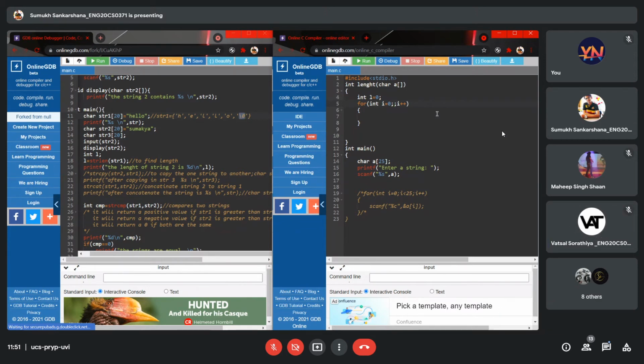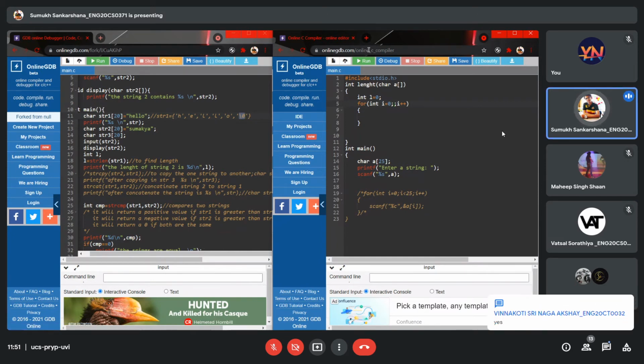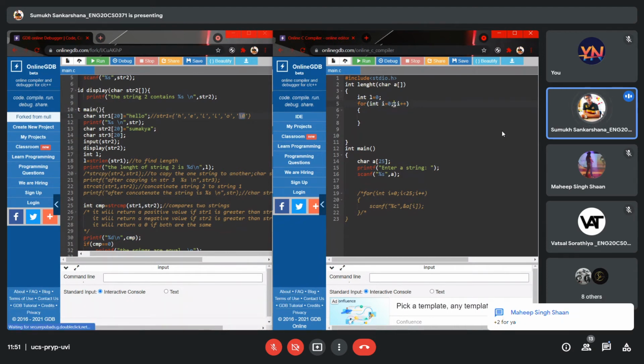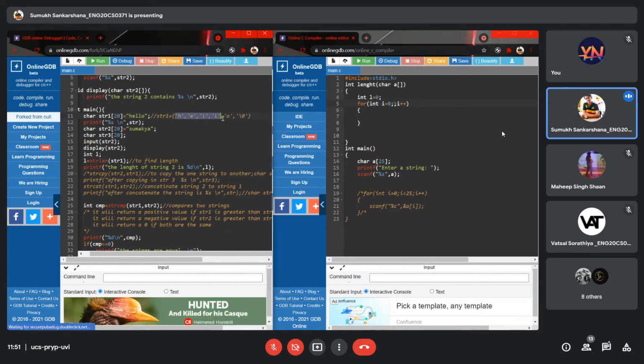Nice try, Akshay, but I have typed the part you are right in. So, Rituraj, anyone can tell me, I told you the conditions. What is the condition? We have to end the loop when we reach the null element. Can anybody try the condition?